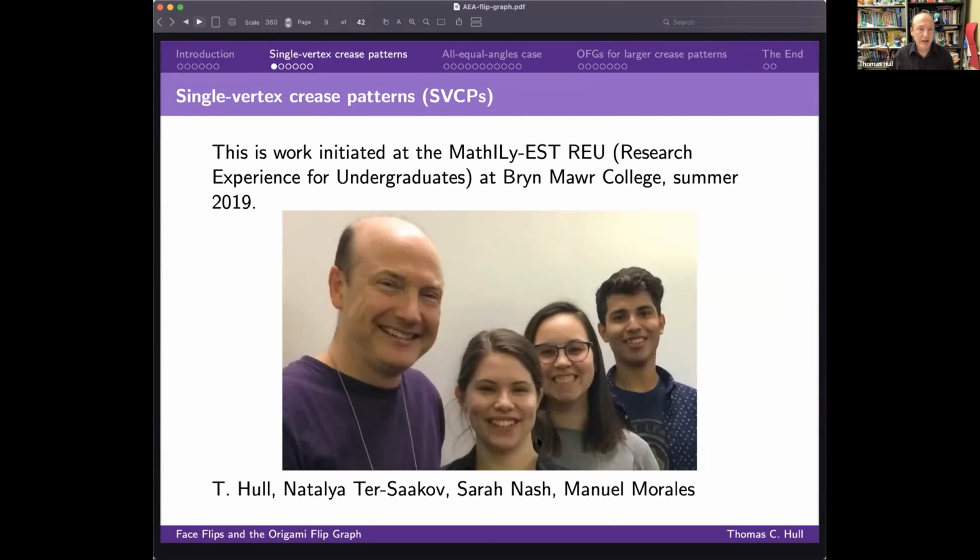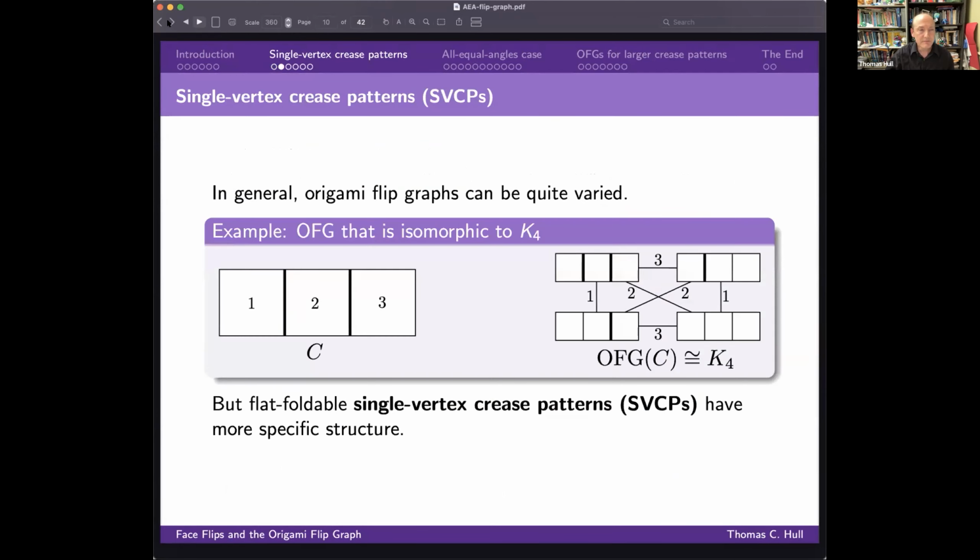And so I had them look at face flips of single vertex crease patterns. They found a lot of conjectures, and we managed to prove some things. And so that's what I'm going to show you. But this has been ongoing work since then. So some of the proofs we have are very recent. Yes. So one of the first things I want to do with single vertex crease patterns is to contrast them